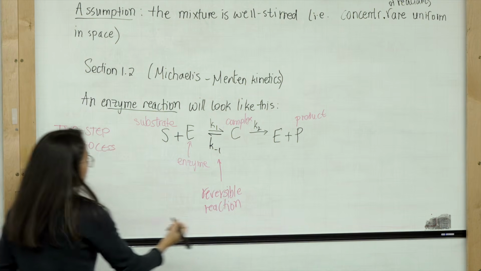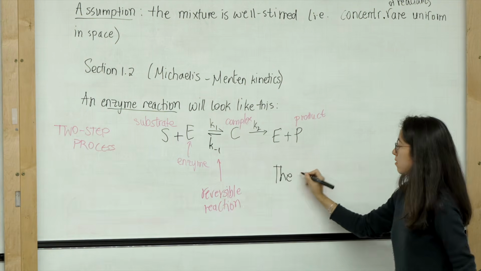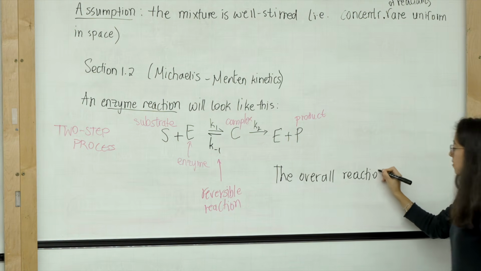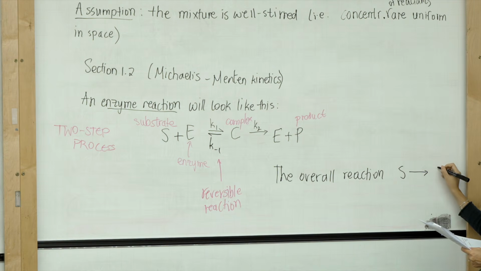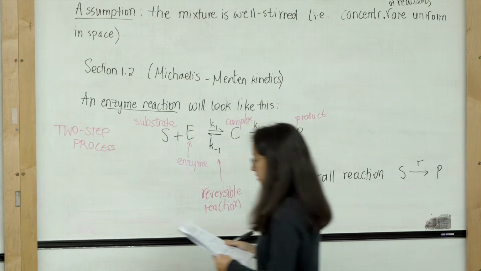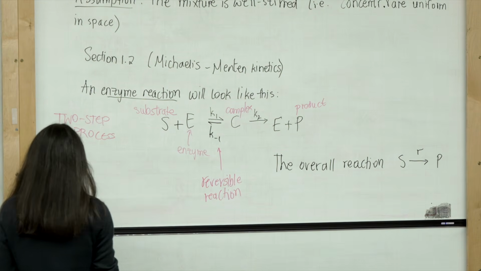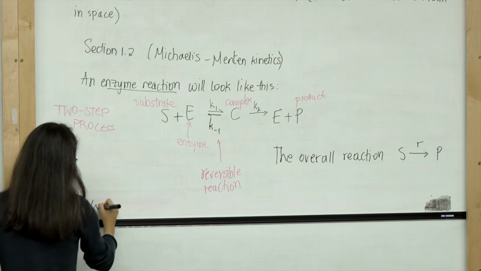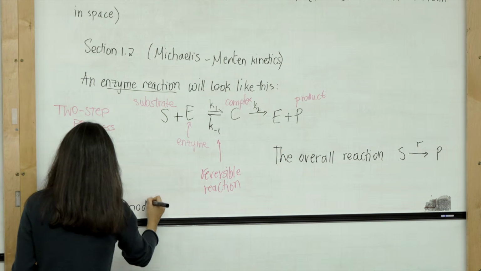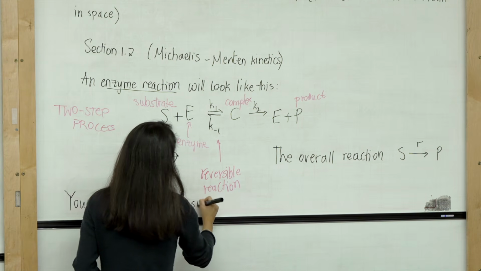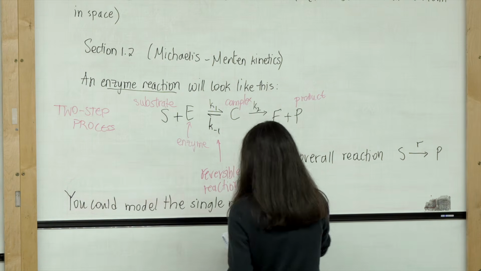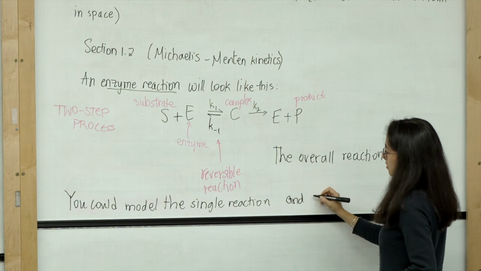So the overall reaction is going to be S producing P, we said, with some rate R. So you could model the single reaction and capture all the intermediate steps